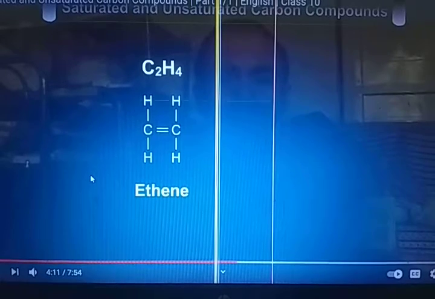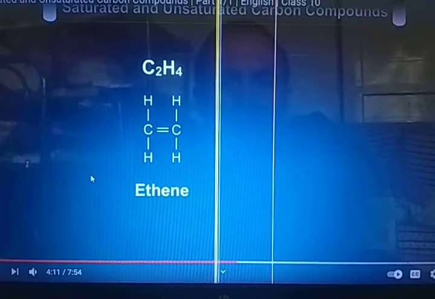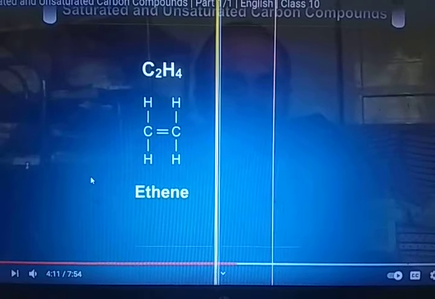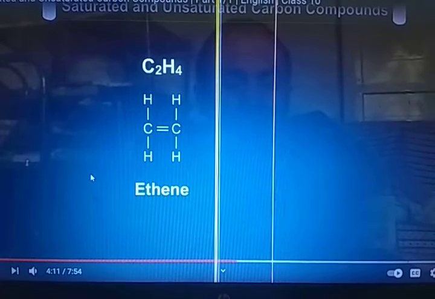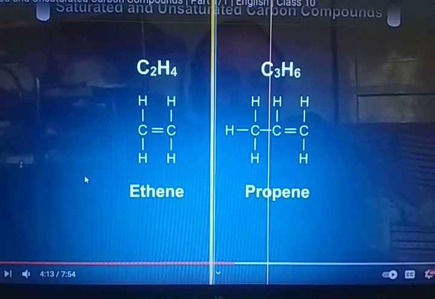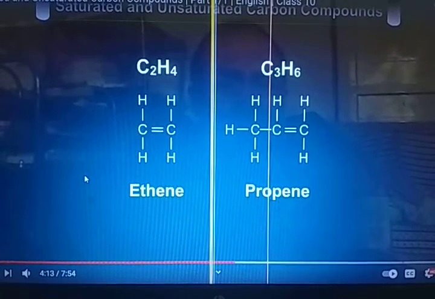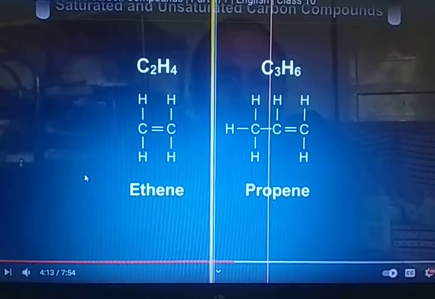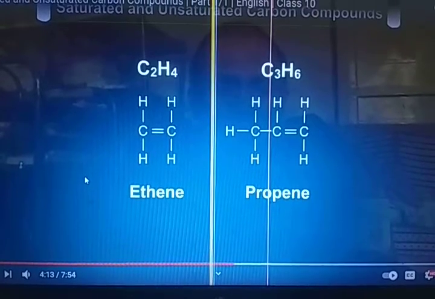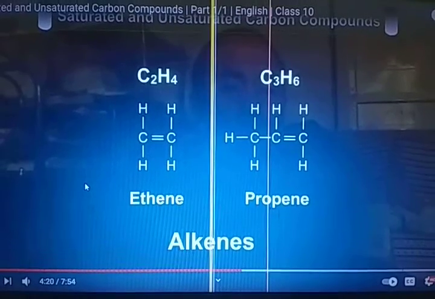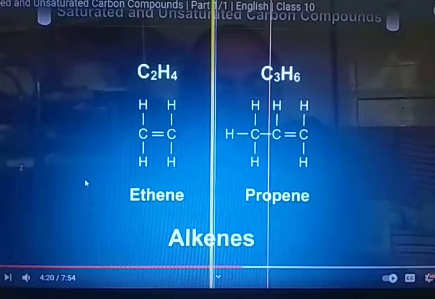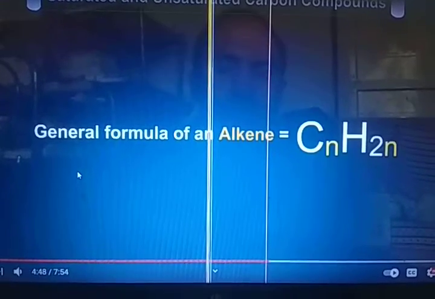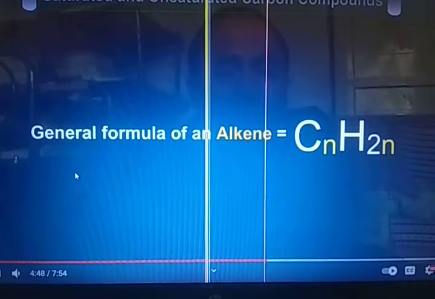Example, ethene, C2H4. You can see here that there is a double bond between the carbon atoms. The next is propene, C3H6. In between the carbon atoms there is a double bond. Why do we call them alkenes? Because they have a double bond between the carbon atoms. The general formula of alkene is